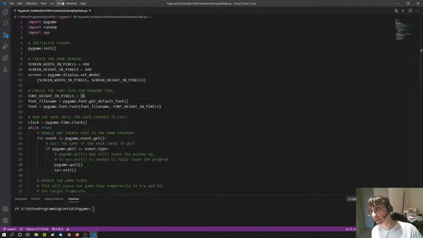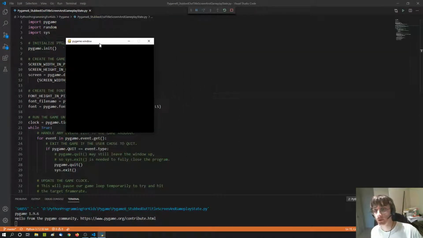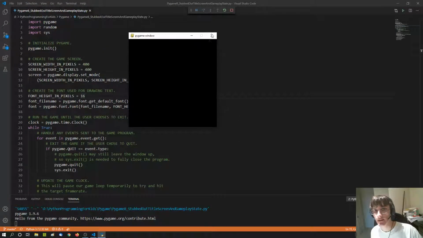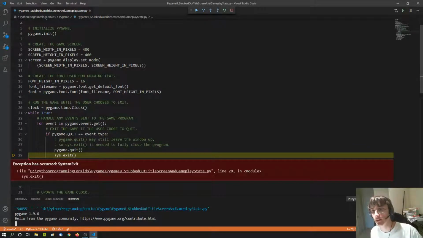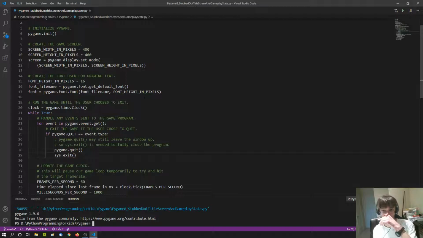So next I'm just going to run this to make sure there isn't anything that's crashing in a crazy manner. So our window still seems to be working. It's black. We can close it. We get this exception, which we'll deal with at a later date. Okay,